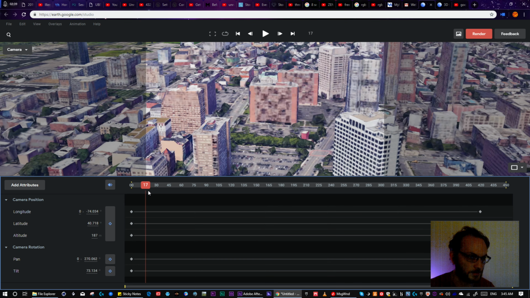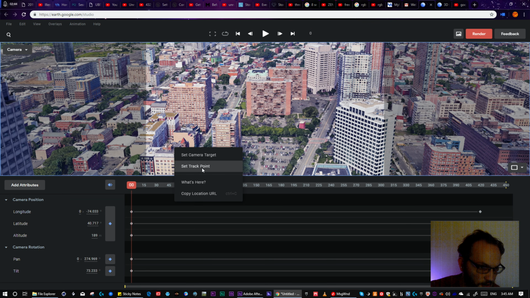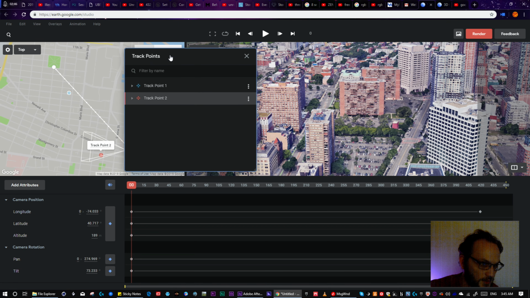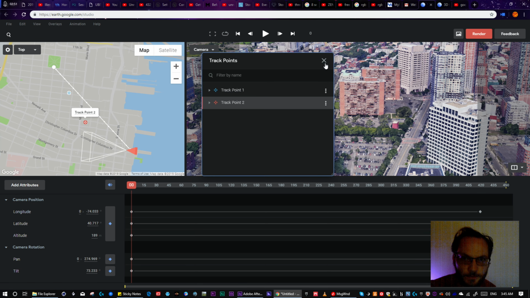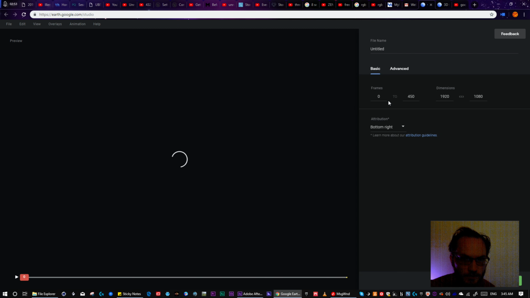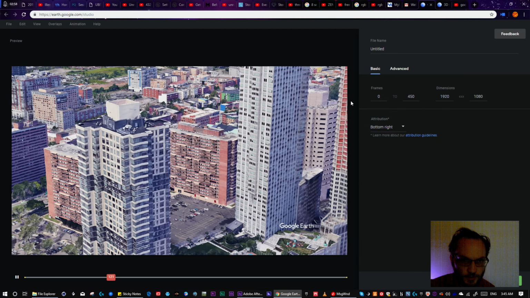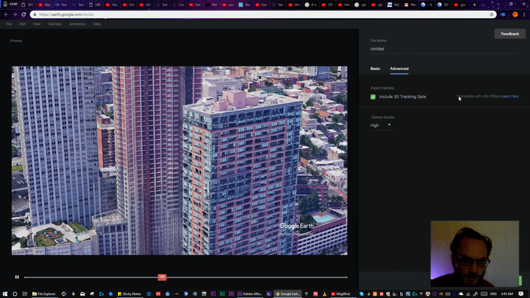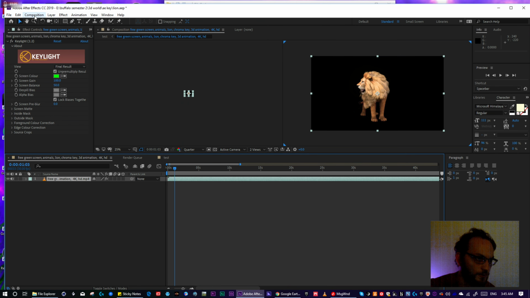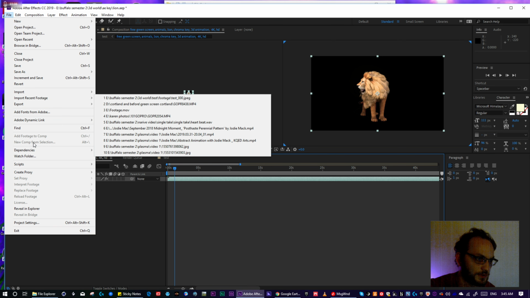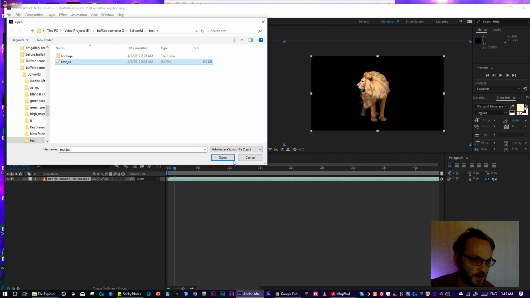So basically, you can also set tracking points and align them in topographical view if you need, and render this out and include the tracking data. If I want to do 4K or whatever, it's possible. And then to bring into After Effects with the tracking data, all you have to do is go to New Scripts, Run Script, grab this file,